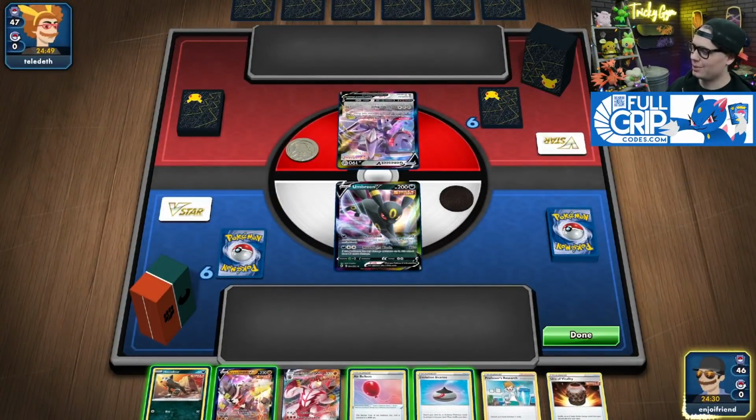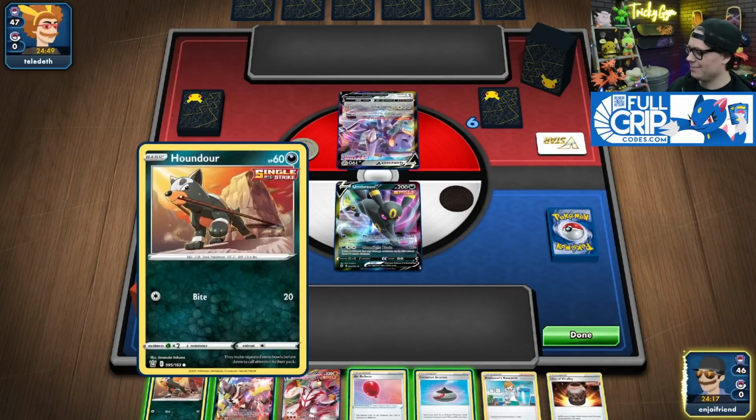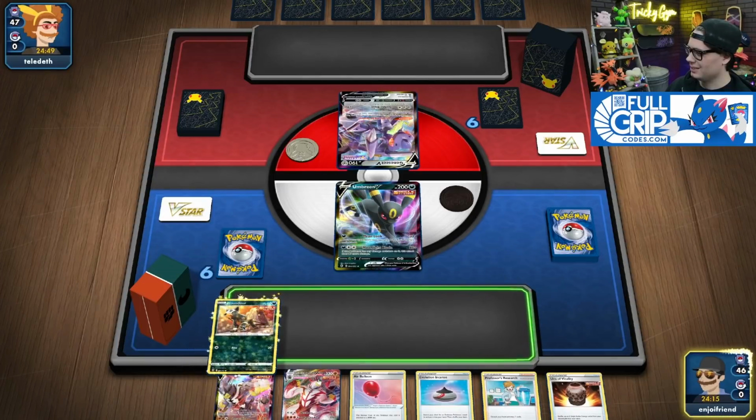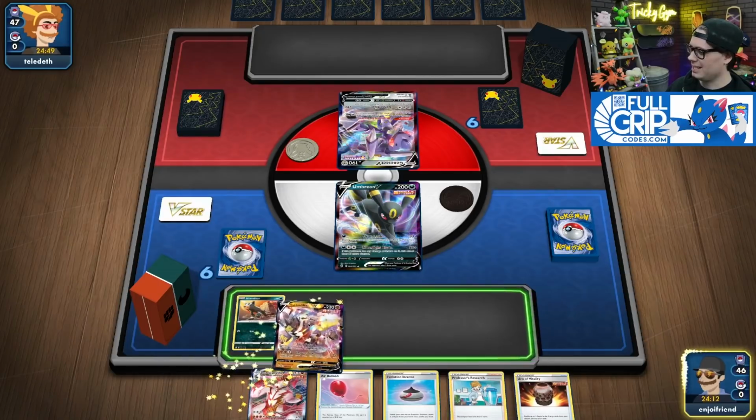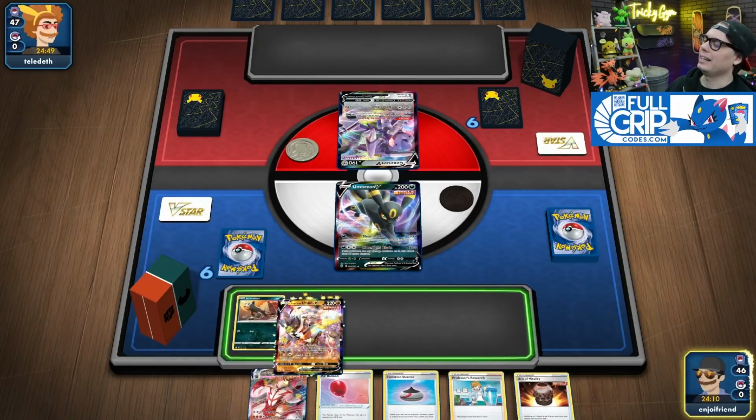Okay, big Umbreon hours out here. Looks like I'm playing against another Mew deck. Okay, but my opening hand is not great. So we need some things to go right. I guess I can...